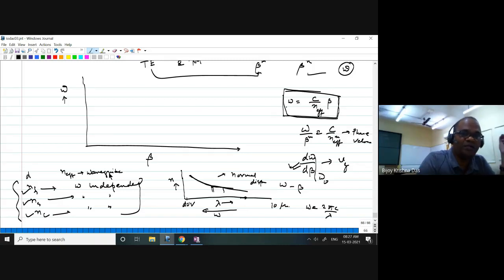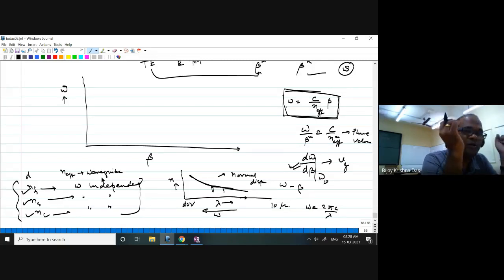Whenever I'm talking about material dispersion, you are considering electromagnetic wave propagation in a homogeneous medium. And when I am considering effective index dispersion, that means you have a waveguide. The effective index of a mode can be frequency dependent, and that is the so-called waveguide dispersion. So even though you construct your waveguide out of a three-material system with zero material dispersion, if you construct a waveguide and allow a mode to propagate, that mode will be dispersive.